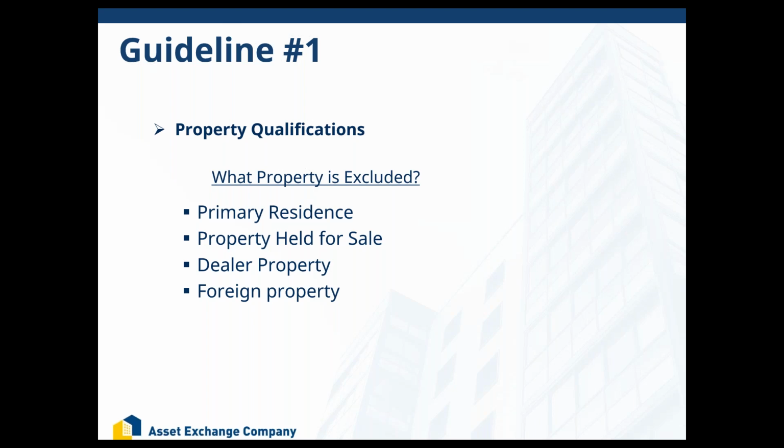Now, here's a possible solution for somebody that's a flipper, okay? Let's say they buy a property, right? I don't know, again, it takes them maybe 2 or 3 months to fix it up. And then when it's completed, instead of turning around and selling it, they go to their realtor and they say, hey, can you put this in the MLS system showing it for rent? Now let's make sure we put it in there for fair market value rent as well. That's a little different, right? Because now all of a sudden I'm showing my intent that I'm holding that property for investment and not for sale. Hey, who knows? Maybe I even show it to a potential renter